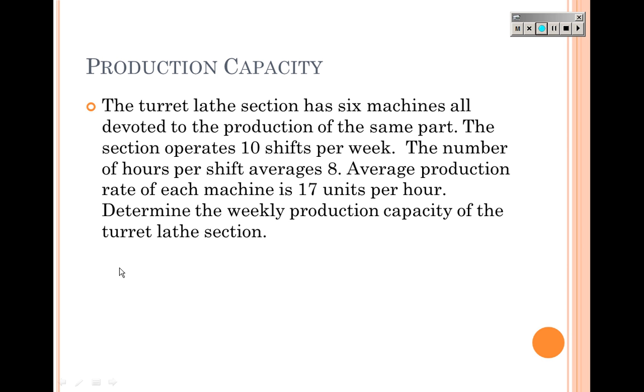Then that tells us how many hours we can work a week. And then we can make 17 units per hour. So when I plug all that into my calculator, I get